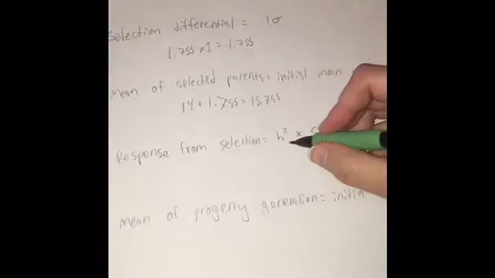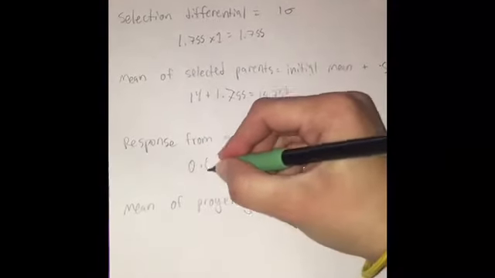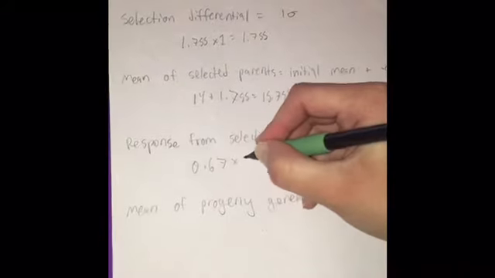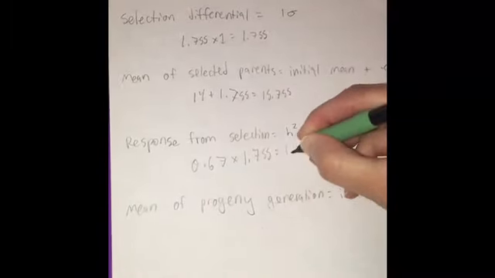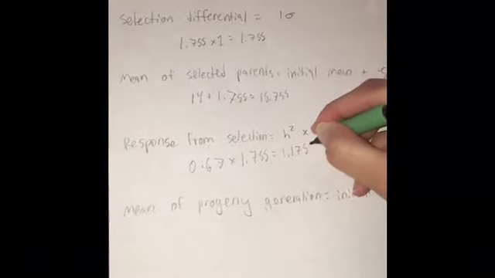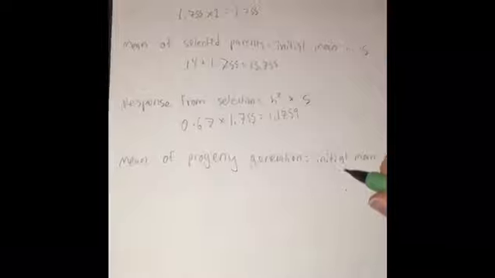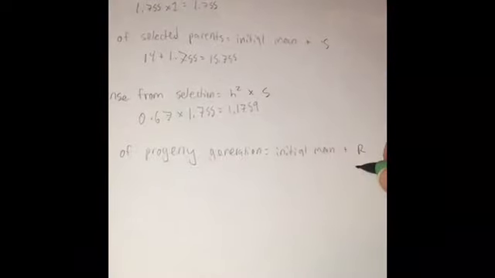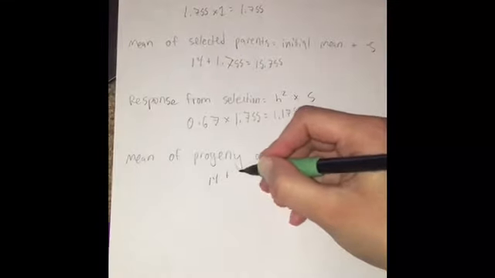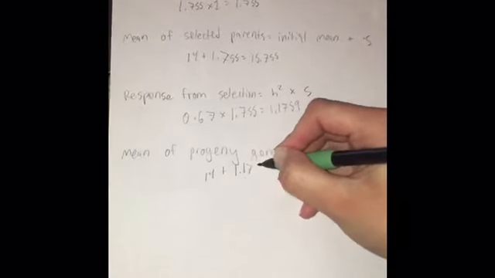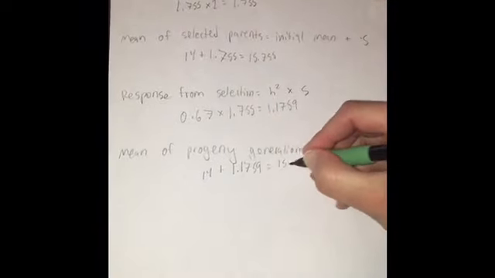The response from selection shows how much the length changes over a generation. That's going to be the realized heritability times the selection differential. Be 0.67 times 1.755. That's going to be 1.1759. So the mean of the progeny generation is going to be the initial mean plus the response from selection. That's going to be 14 plus 1.1759. So the mean of our progeny generation is going to be